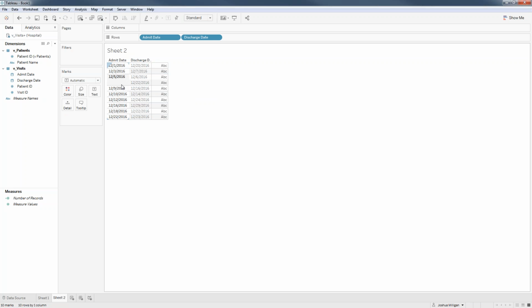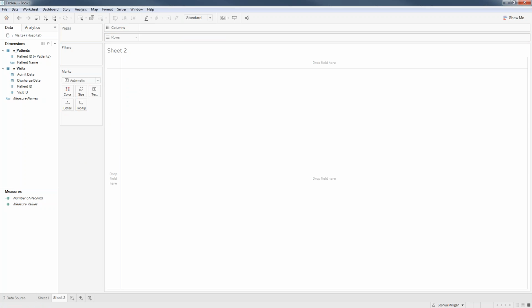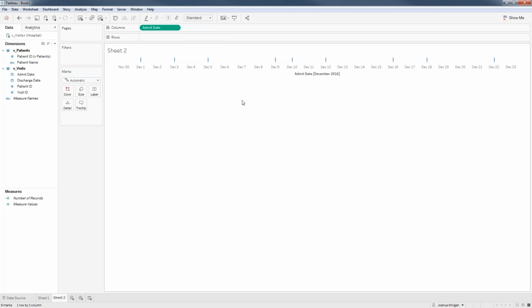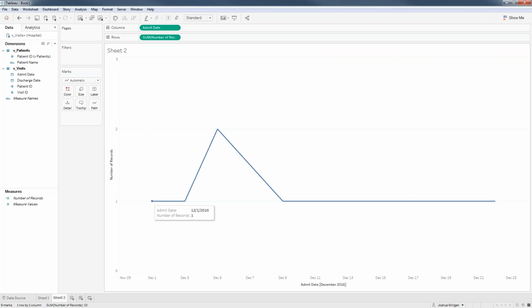dates. Not only that, but I'm definitely missing dates if I consider the fact that I can only use one field at a time for an axis. So if I wanted to create a line chart, I'm going to be stuck saying, well, let's look at admit date only. So here I'll select it as continuous to get that axis. And I can see when the patients were admitted, and I can see how many patients were admitted, but that